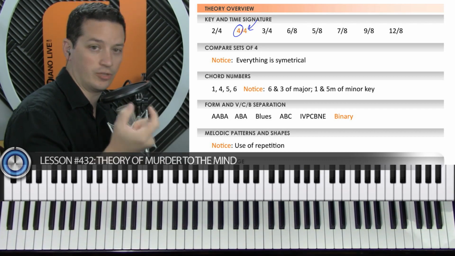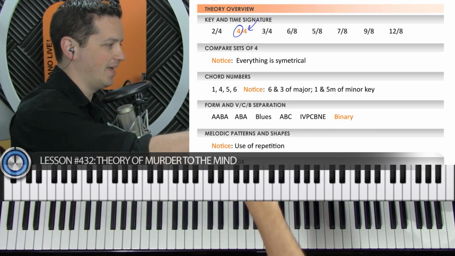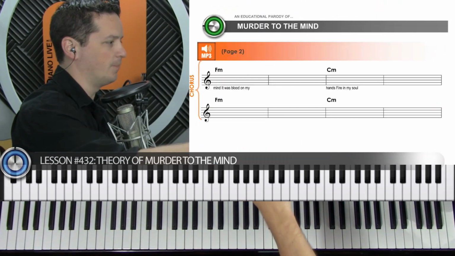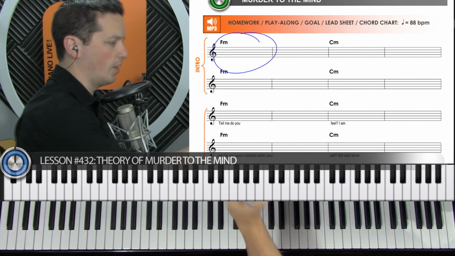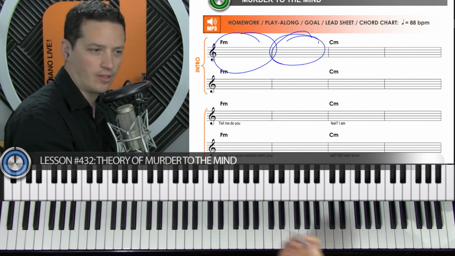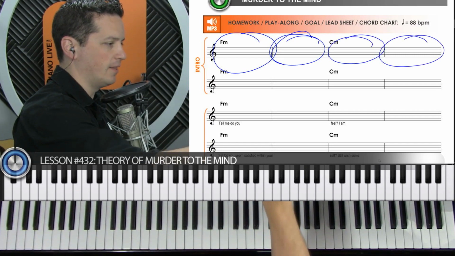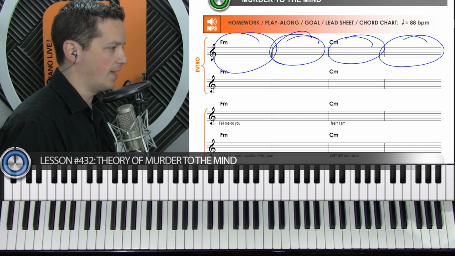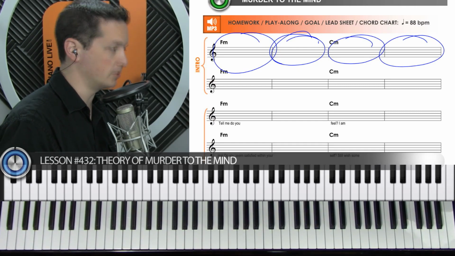Well, those chunks of 4 also happen in chunks of 4, and I accidentally almost got into this yesterday, and I did a little bit, but over here we've got, for example, the intro. There's one measure, that's a chunk of 4. Here's a second measure, that's another chunk of 4. Here's a third measure, that's the next chunk of 4. And then there's our fourth measure. And so that's 4 chunks of 4 measures with 4 beats in each measure.